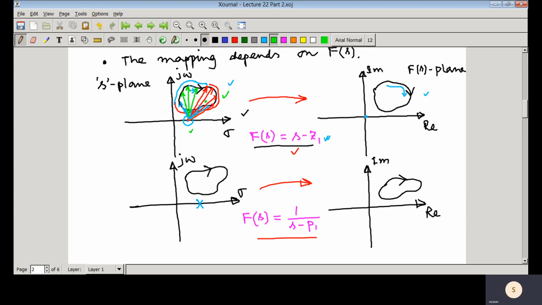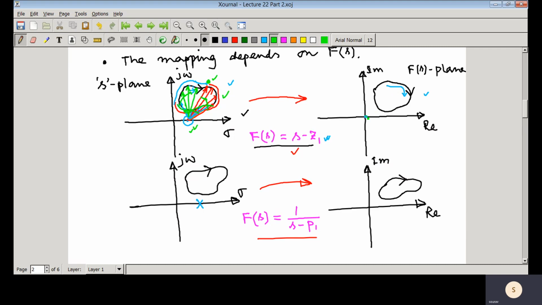The reason is whenever you are traversing like this, it is giving some angle like that, but whenever you are coming along this particular path, you can see that again the angle is going to the negative side, and again coming to the positive side. So at the end of the day, you have started from this particular point, and whenever you come back to that point, the total angle contributed by this particular 0 becomes 0. So that's why it never encircles the origin.